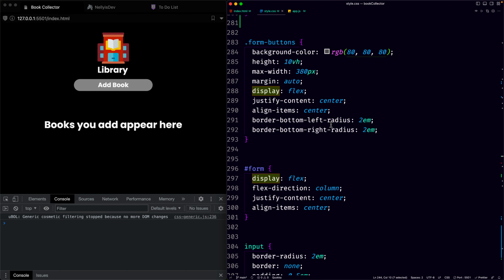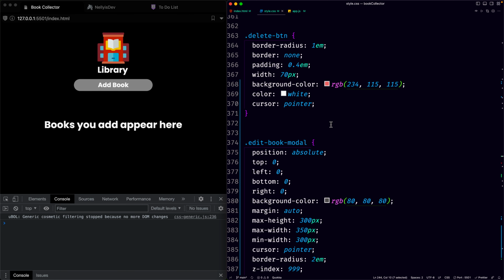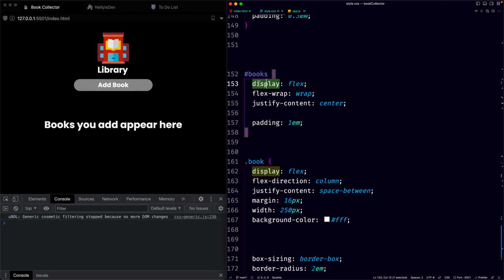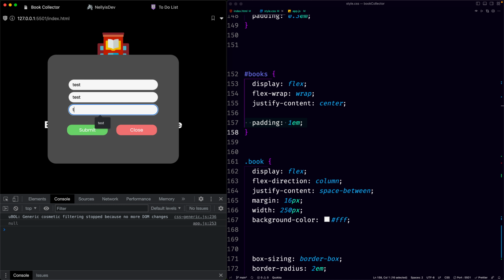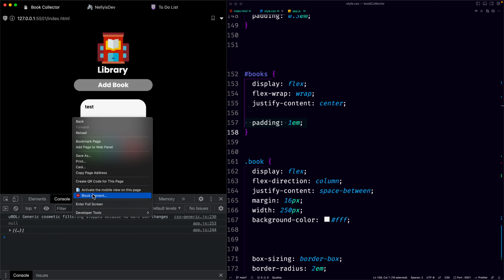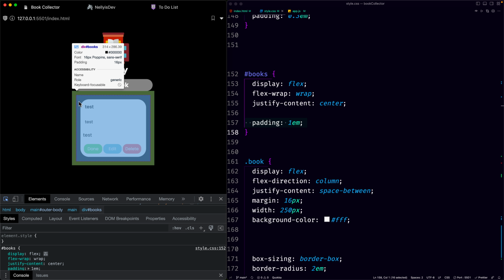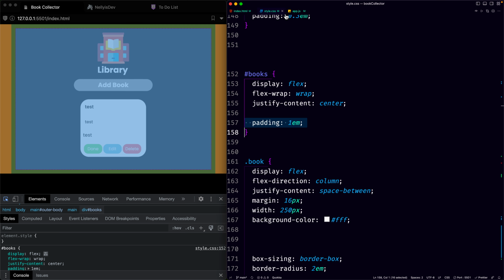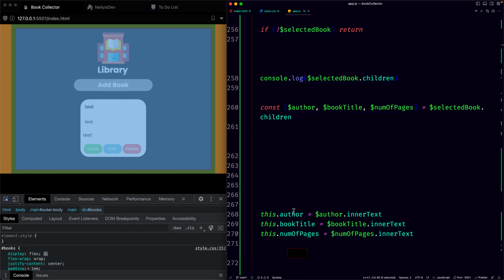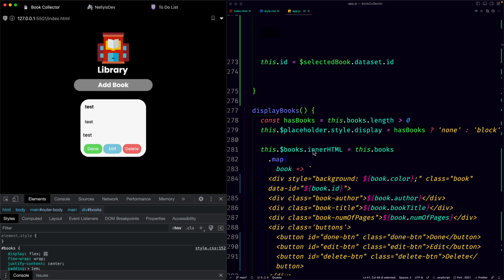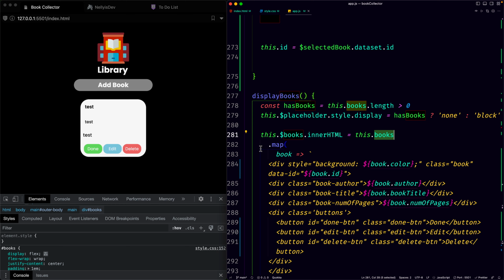So if we go to our HTML here and we go to books, I think we can go to books here. Yep. We basically see that it's a display flex wrap, justify content, and padding. So it's basically the container containing all of our books themselves. So this is a book. And if we inspect this real quick, we'll see that this is inside of the container of ID of books. So everything that is being added into books is being iterated over. And where is it being iterated over from? It's actually being iterated over from the this.books